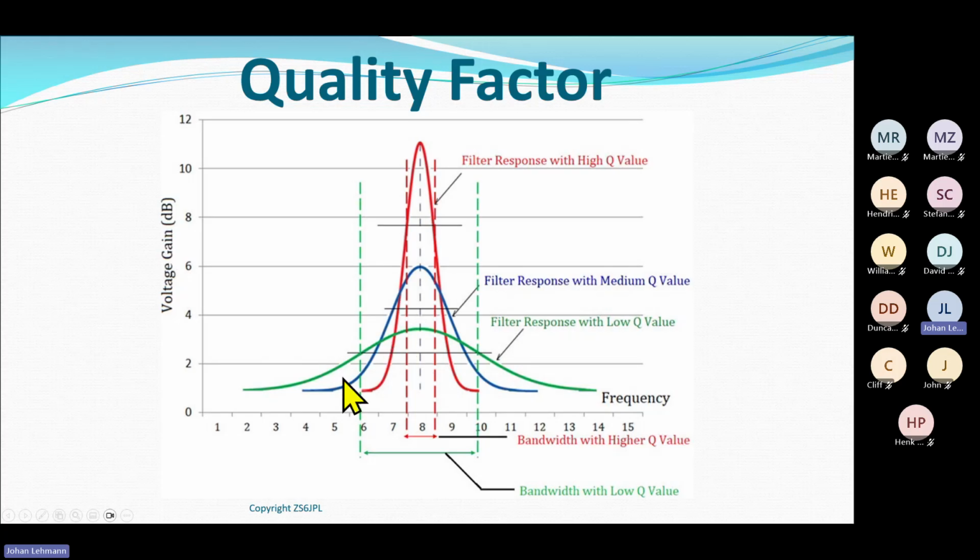Normally with an oscillator, you don't want a very high Q factor. And when we get to oscillators, I'll explain to you why. But depending on what I'm trying to do, I've got to look at the Q factor of my circuit. If I'm operating a transmitter, I'm more than likely going to look at something that's got a medium quality factor. Okay, so that's the quality factor of a resonance circuit.